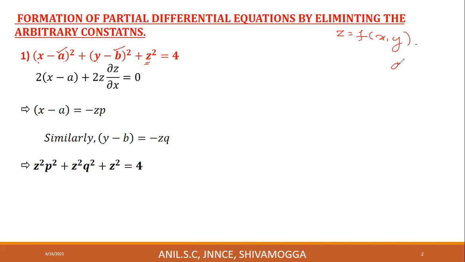And we use ∂z/∂x, the partial derivative of z with respect to x, as p. In all textbooks and question papers, the same notations will be used. ∂z/∂x is equal to p, small letter p, and ∂z/∂y, the partial derivative of z with respect to y, is denoted by q. You keep this in mind. Usually ∂z/∂x is denoted by small letter p and ∂z/∂y by small letter q.